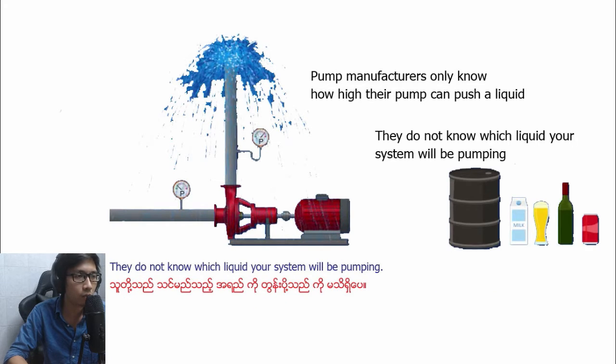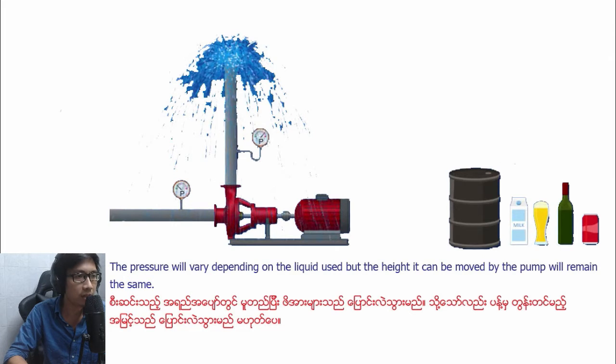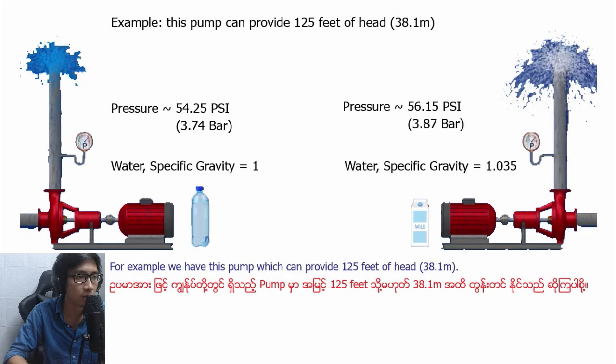They do not know which liquid your system will be pumping. The pressure will vary depending on the liquid used, but the height it can be moved by the pump will remain the same. For example, we have this pump which can provide 125 feet of head,